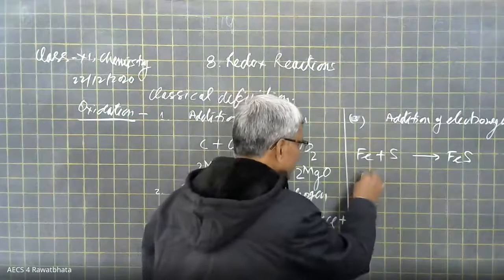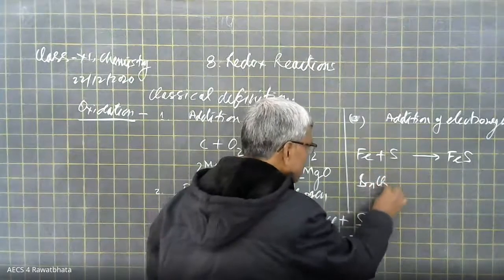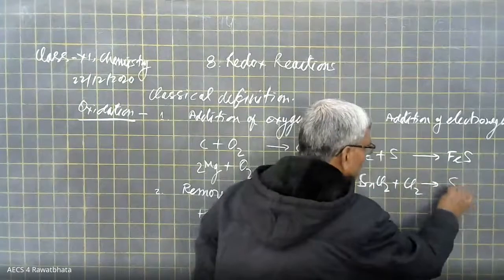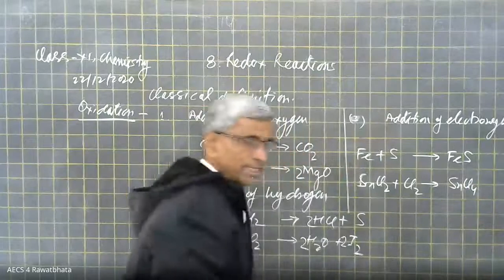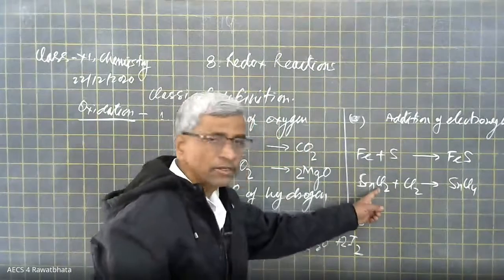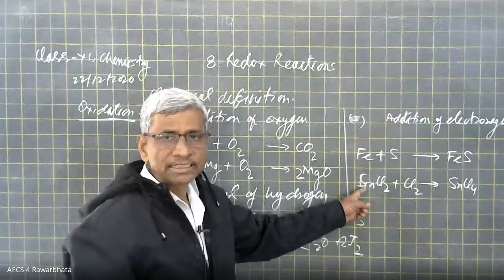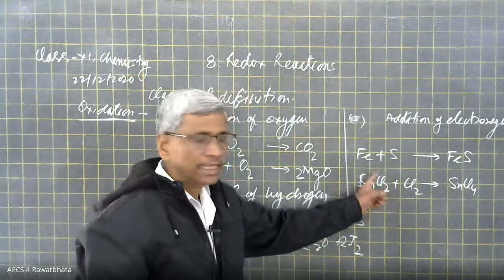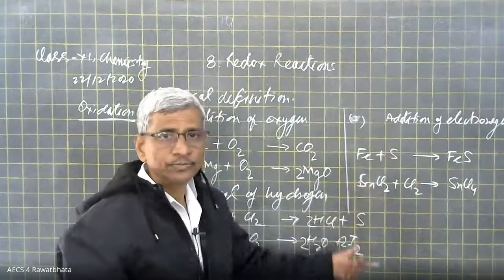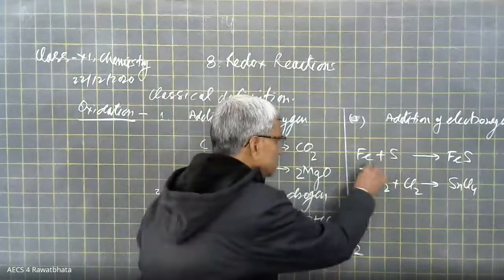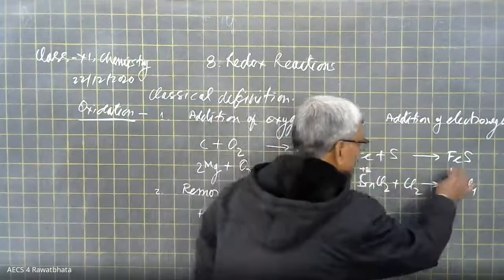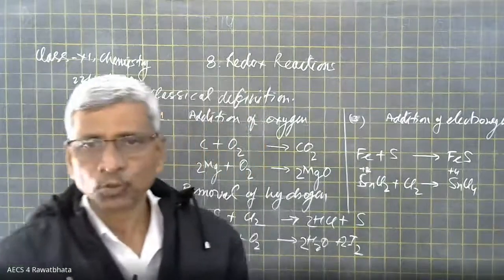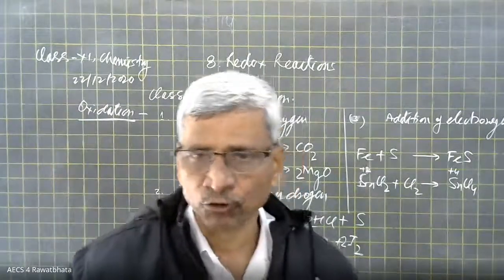Iron, okay, I was talking about the second compound. SnCl2 plus Cl2 is going to form SnCl4. This is called tin(II) chloride. Here the tin oxidation state is +2. Cl is -1, so 2Cl becomes -2, and that's why Sn is +2. Tin's oxidation state is +2, and here it is +4. The +4 state is more stable. That's why Sn2+ easily changes into Sn4+.